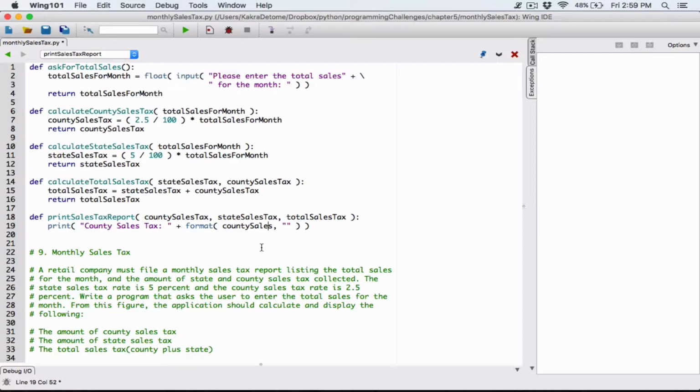So this is what I want to format, and then I'm going to specify basically how I want it formatted, right? So first of all, I know county sales tax is a float, right? It's a dollar amount. Let's say 25.2. It's a float. I want it formatted as a float. So I'm going to type in the letter F to represent float, meaning I want it formatted as a float first of all. I also want it formatted to 2 decimal places, so I'm going to specify the precision,